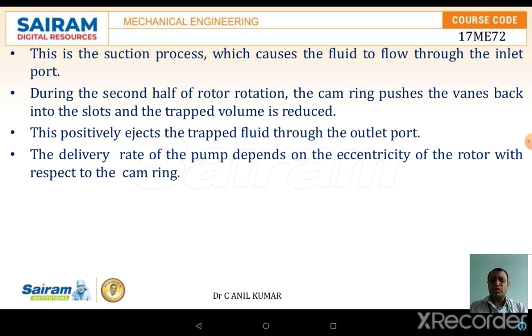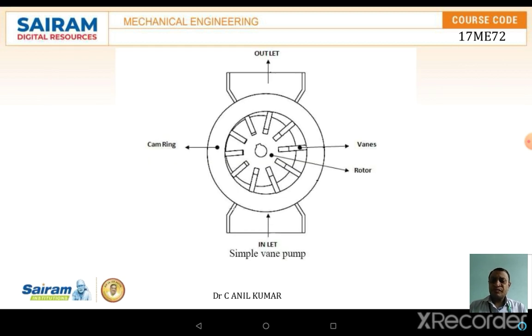During the second half of the rotation, the cam ring pushes the vane back into the slot, and the trapped volume of the oil is also reduced. This positively ejects the trapped fluid through the outlet port. The delivery rate of the pump depends upon the eccentricity of the rotor with respect to the cam ring. The schematic diagram shows the vane pump. Even here, what we are discussing is the unbalanced vane